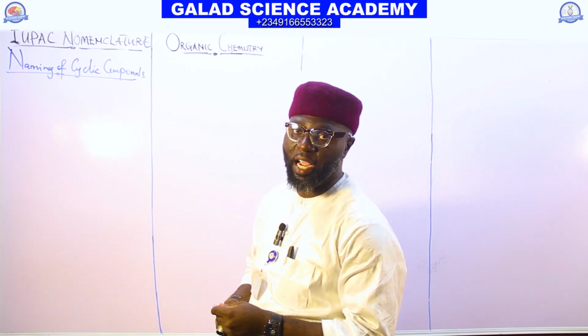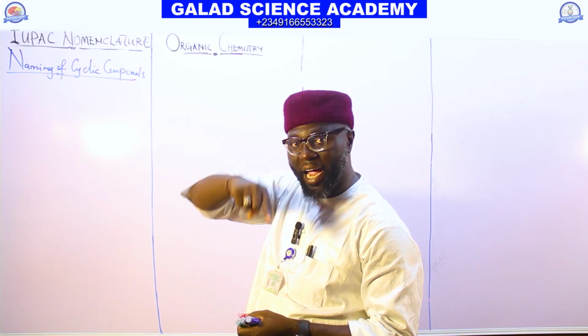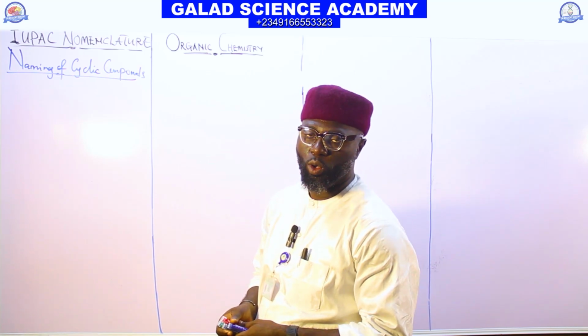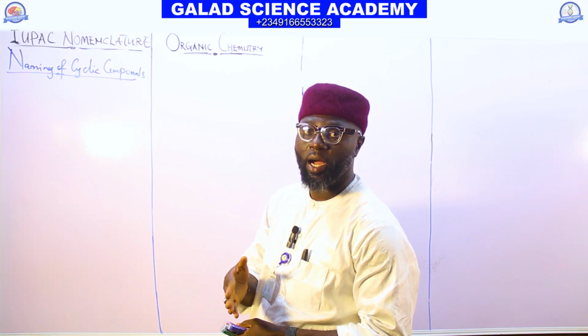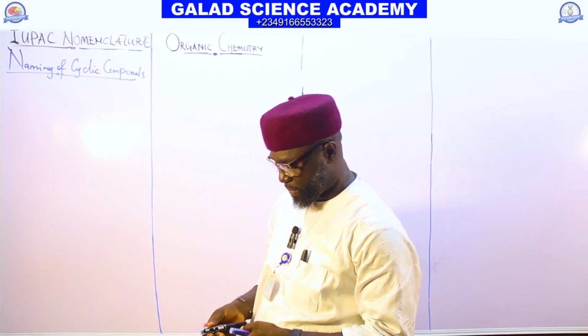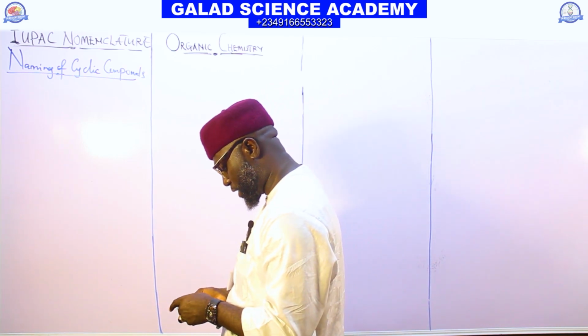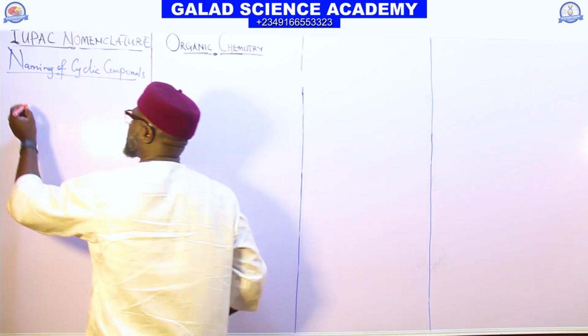So if you are talking of cyclic compounds, in their naming, they always put what? Cyclo to the front or to the back of the stem? Take for instance the first member of cyclo compounds, we have